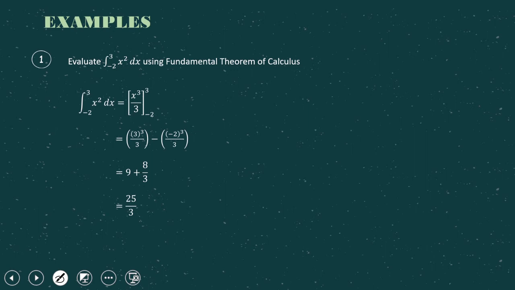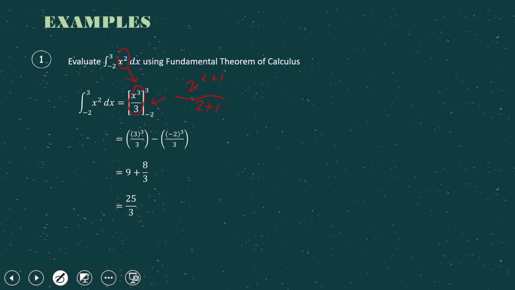The first step, we have to integrate x^2. As we know, when we integrate, we add 1 to the power and divide by the new power. So we get x cubed over 3, and then